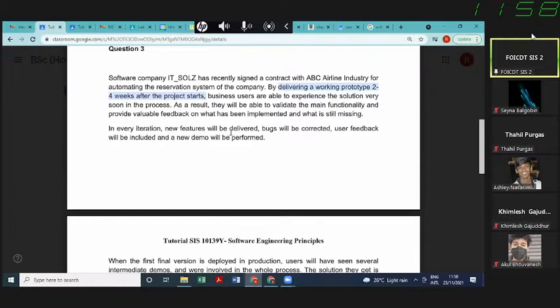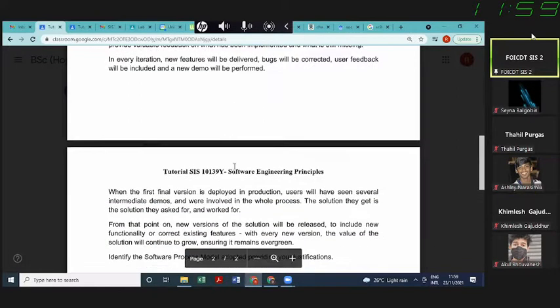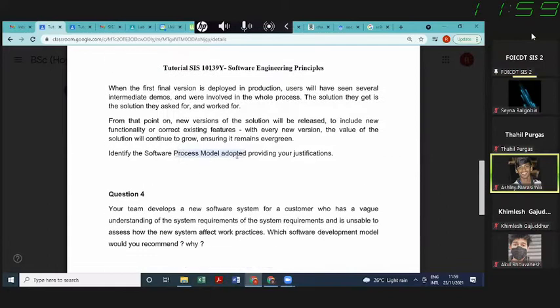I understand your point, it's a very valid point. The time frame mentioned here, 2 to 4 weeks, is agile. You can mention agile here as the software process model, but the only negative point is that